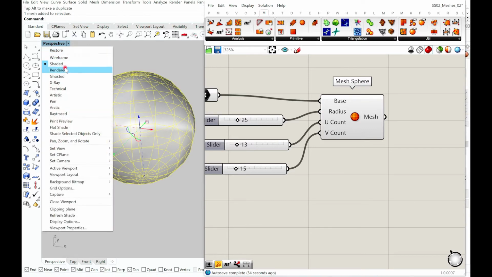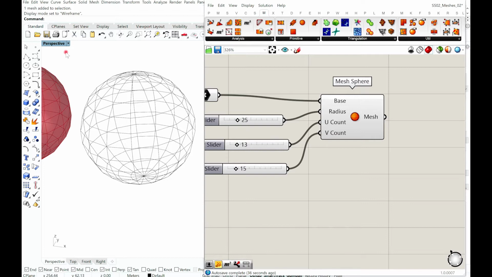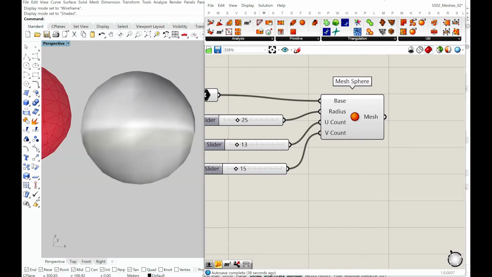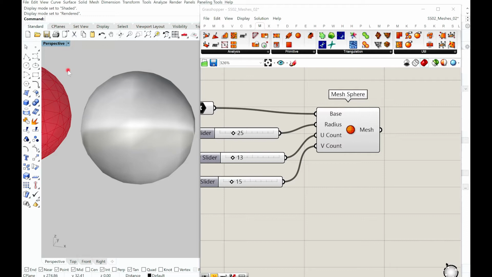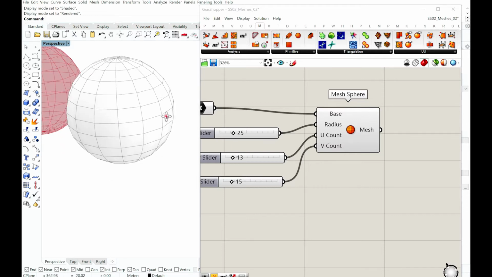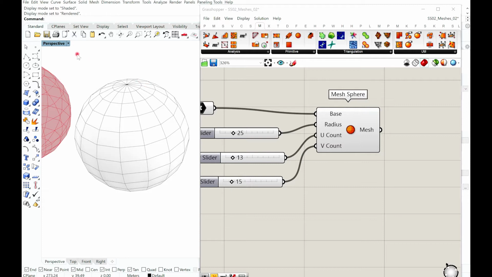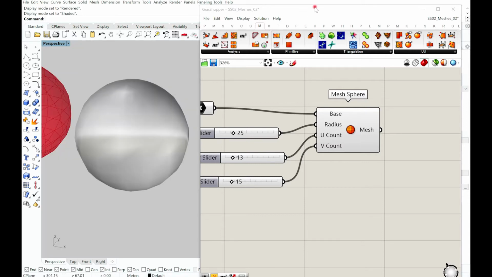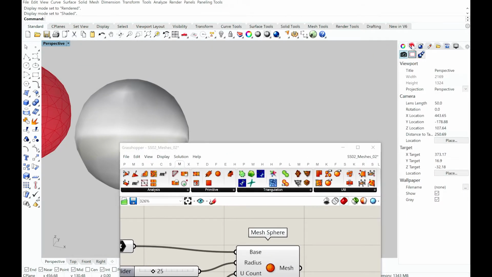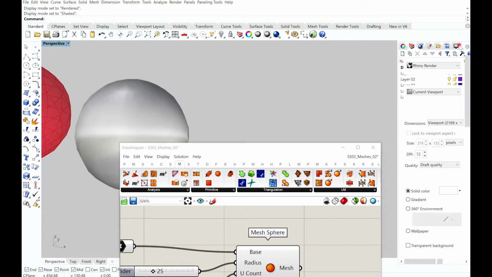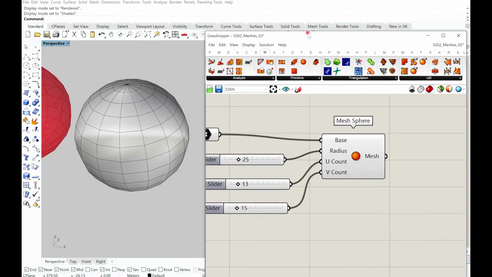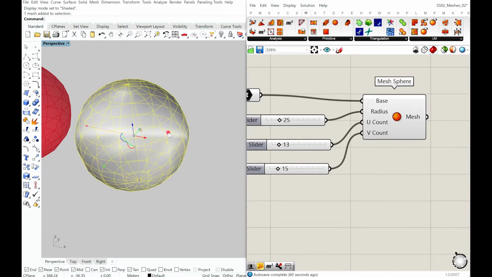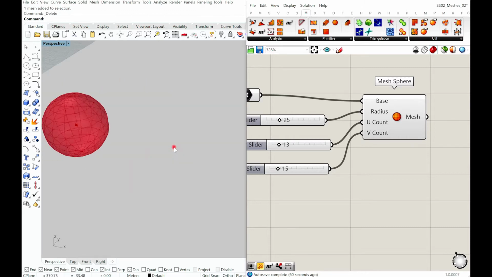But yeah, you don't see that. That's the wireframe version. But if you go to a rendered view, I've switched on the wireframes as well, but that's pretty much what you see. Let me go to the display settings and switch on the mesh wires, just so I can see how the mesh looks. Yeah, so this is what a mesh is.